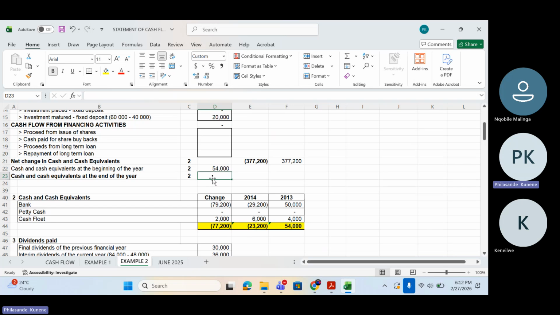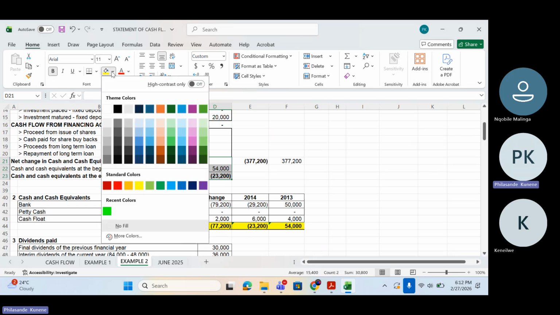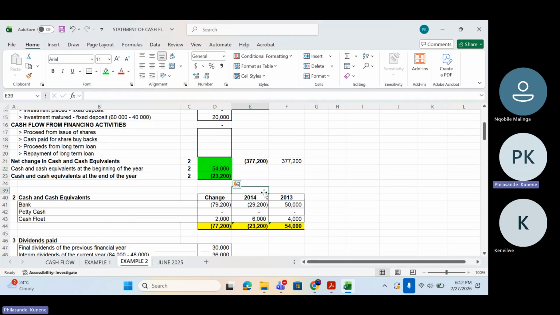We're having negative 23,200 rands. Okay. And then how much we're going to have. You must be able to interpret this thing, because this thing, guys, you have to talk to it, right? You must be able to interpret it to say, at the beginning of the year, I had 54,000 rands. And then at the end of the year, I have an overdraft of 23,200 rands, which means this